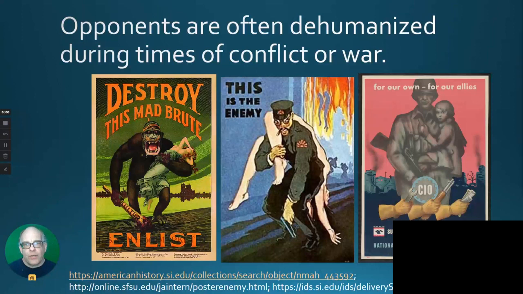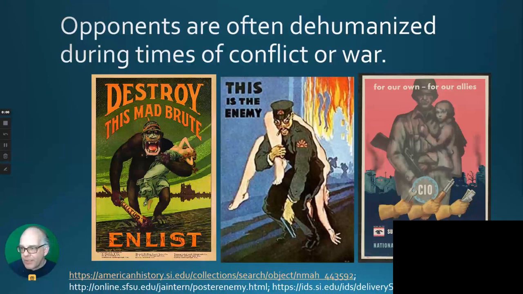In doing so, we often dehumanize our opponents. We see that in times of war. Sadly, we see that in times of civil controversies, civil disagreements, in which our efforts are not to fight against the person's idea, but to fight against the person, or to really denigrate the person